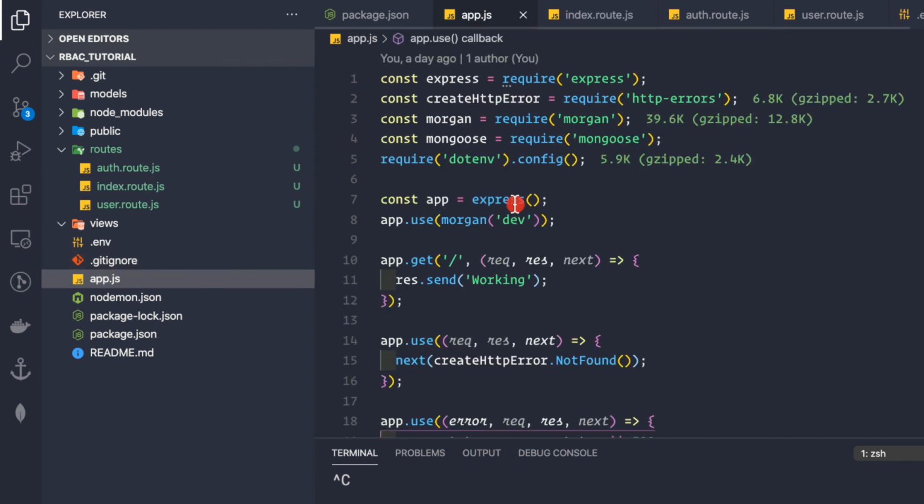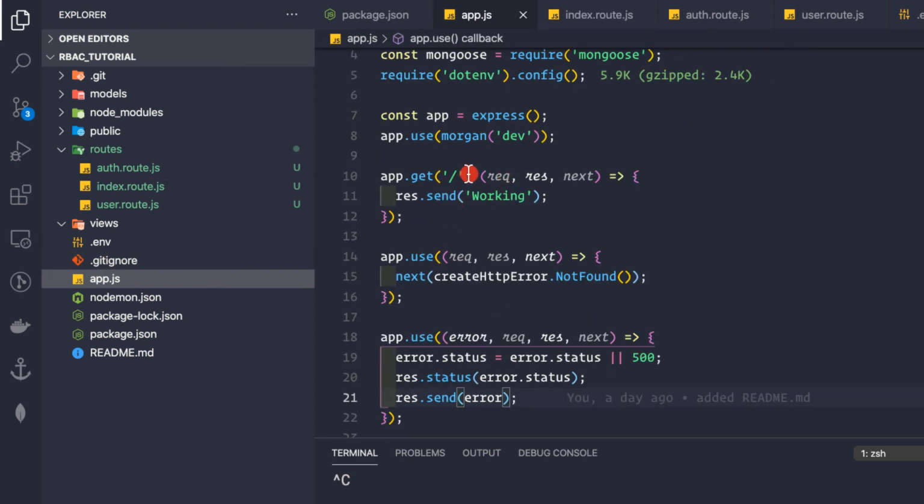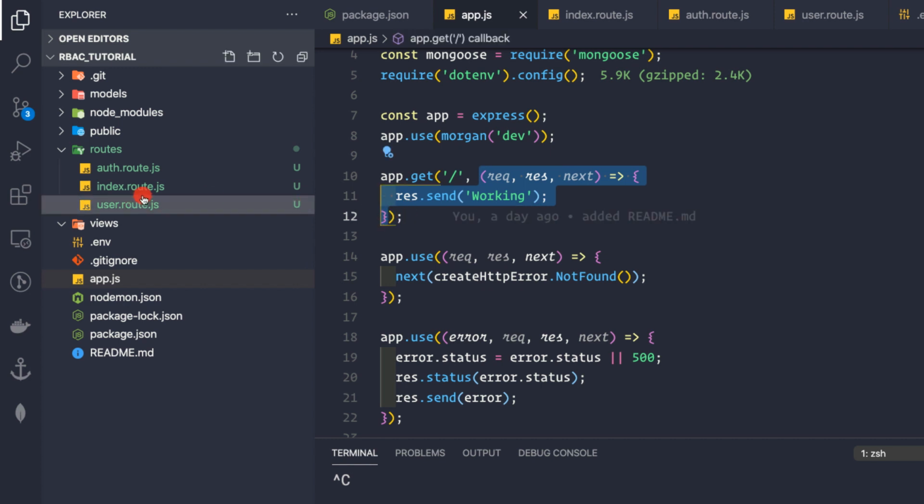So let's go to our app.js file, and here we are making this route, that is the / route, and here we are directly sending back the response. So instead of sending back the response from here, we want our router, that is this index.route.js file, to handle all the routes, that is / and something.